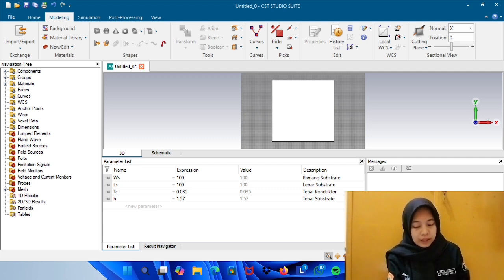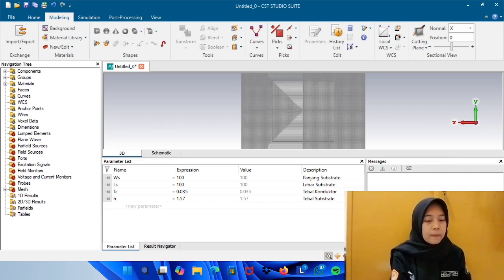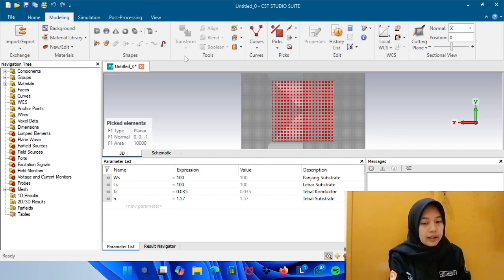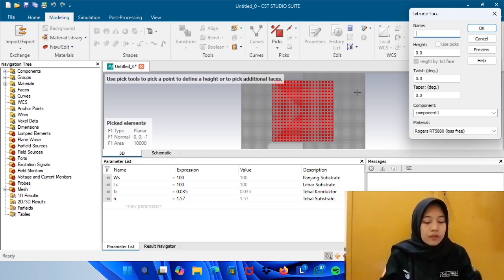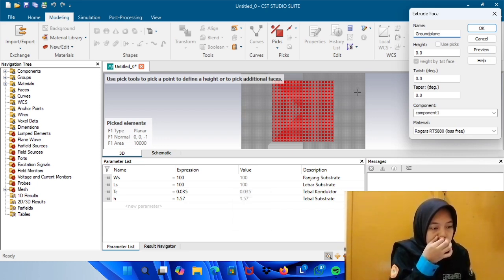Third, add the ground plane. Create the ground plane directly under the substrate with the same dimension. Click select preset back. You click pick, double click, and extract file. You give the name ground plane.